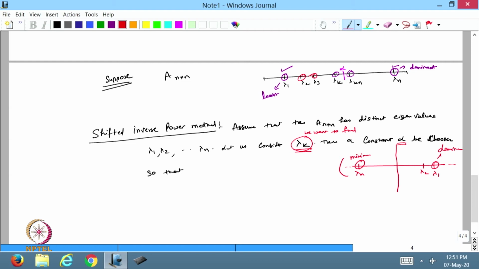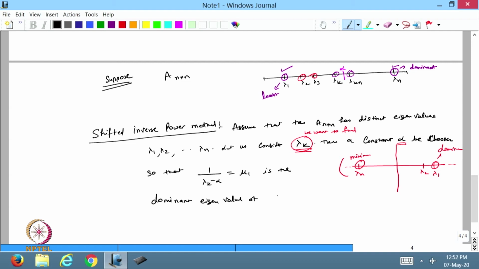Then a constant alpha is chosen such that I take 1 over lambda k minus alpha, and I call it mu 1. So, let us take this as mu 1. Then what will happen is that this is the dominant eigenvalue